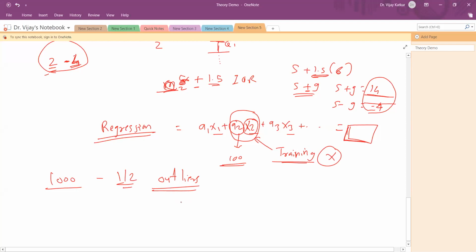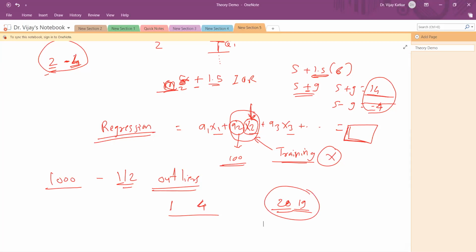For example, let's say normally all the values are in the range 1 to 4, and this value is 20, which is an outlier, and another is 19. What do you think? It will result in a wrong weight. Why? Because while training, the algorithm will consider that it should use this 20 and accordingly calculate the weight for the particular class. So this is not good, and it should be removed. It doesn't matter whether it is one or two or three. If it is there, we should remove it. So this is for regression.